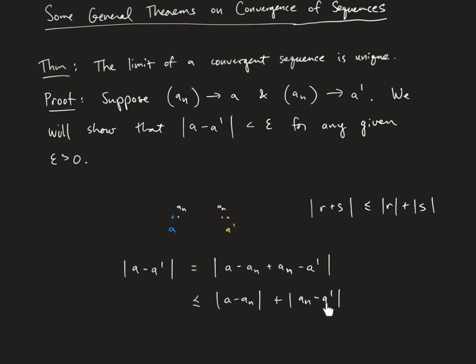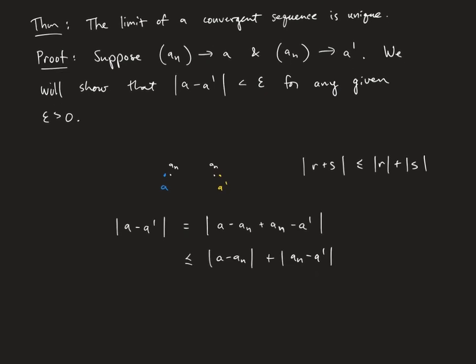We'll be able to make this as small as we like. And ultimately, what we would like to do at the end here is see that this is less than epsilon, right? The sum of these two things is less than epsilon. And we have two things we want the sum of to be less than epsilon. So if we make each of them less than epsilon over 2, right? If we make this less than epsilon over 2 and make this less than epsilon over 2, that will work out.